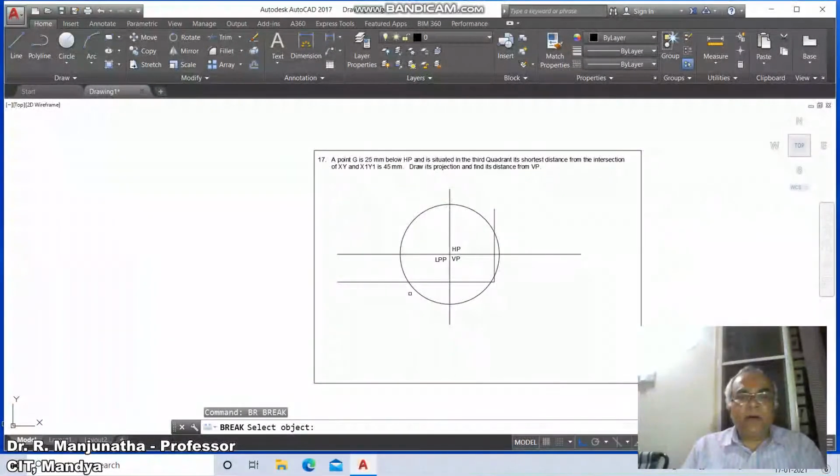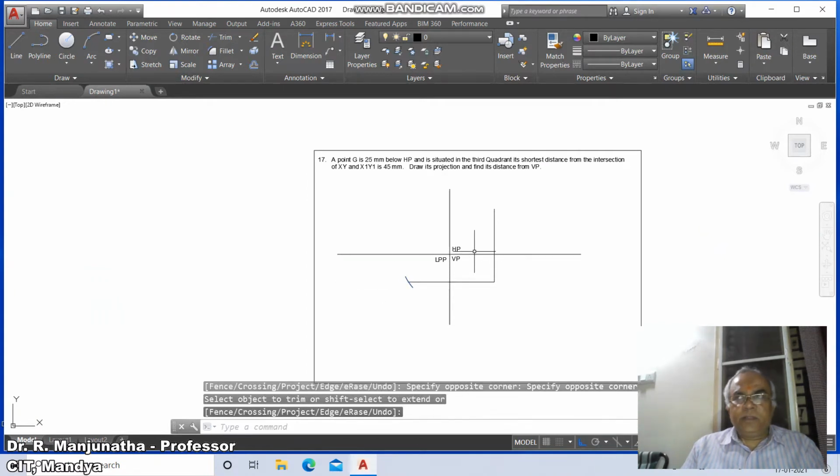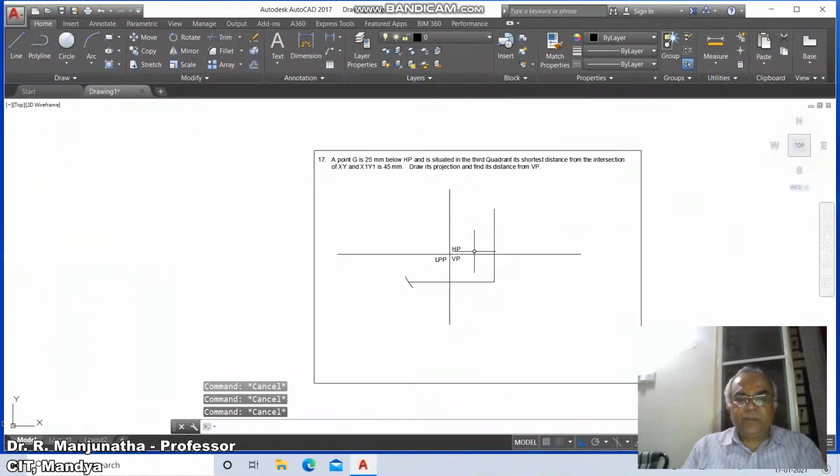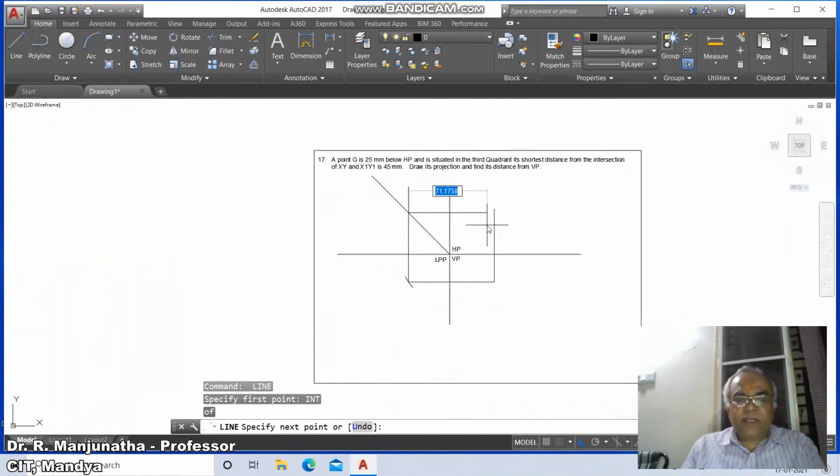and then break always in the counterclockwise direction. So you just select 3 point, so this is in the counterclockwise direction. Then go to erase and delete this and go to trim. So trim this line till here, then go to line, take an intersection of this at the rate of 100 less than 135 degree. So you're going to get this from line, take the intersection of this and draw a vertical line, and from here line INT of this and perpendicular to this.